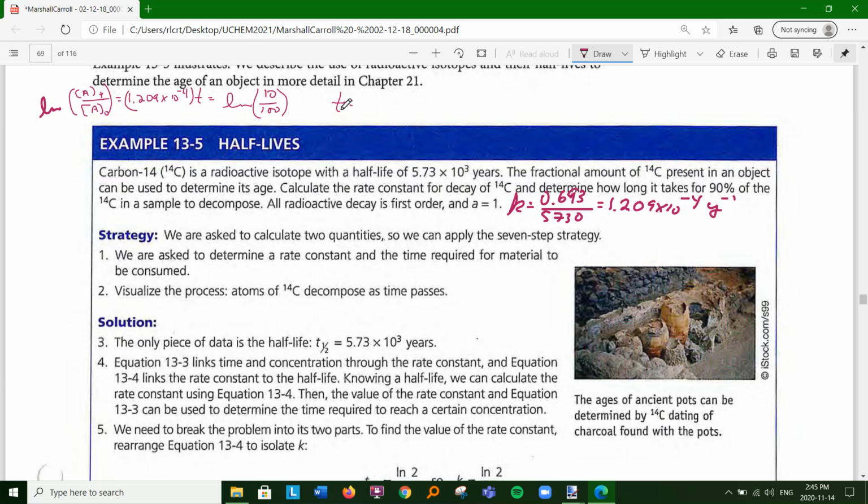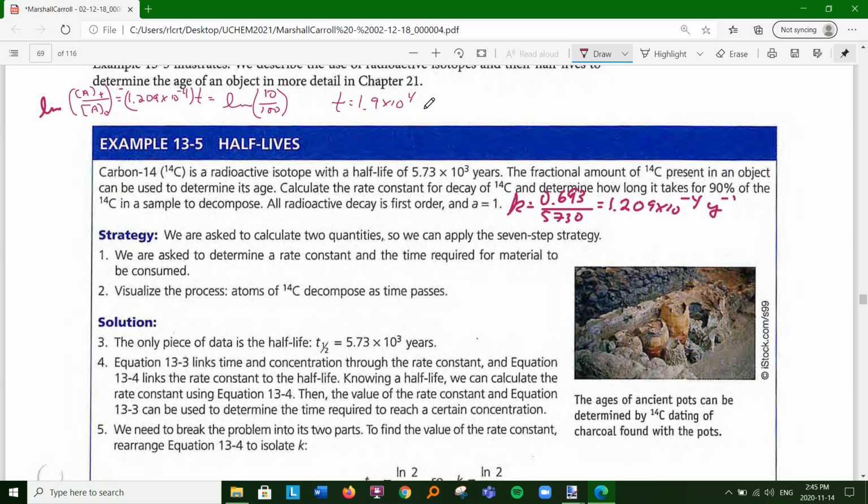So then solve for t, so you take the natural log of 0.1 divided by, let's see, minus k, right? So divided by 1.209 by 10 to the negative 4, and I get 1.9 by 10 to the 4 years,